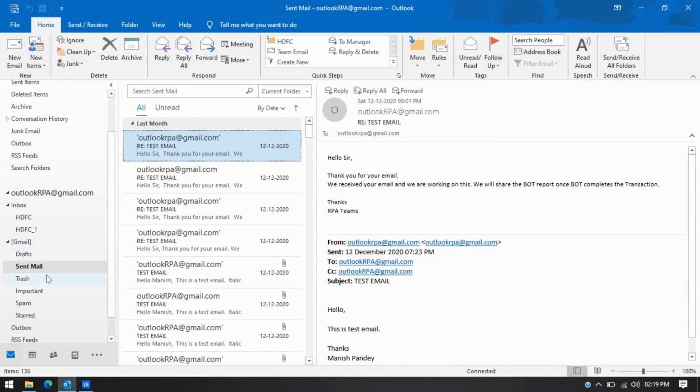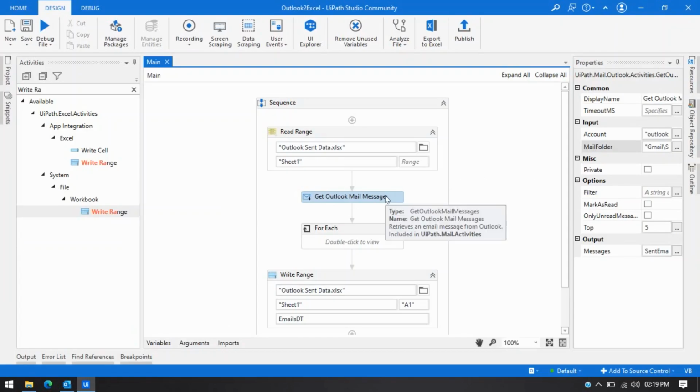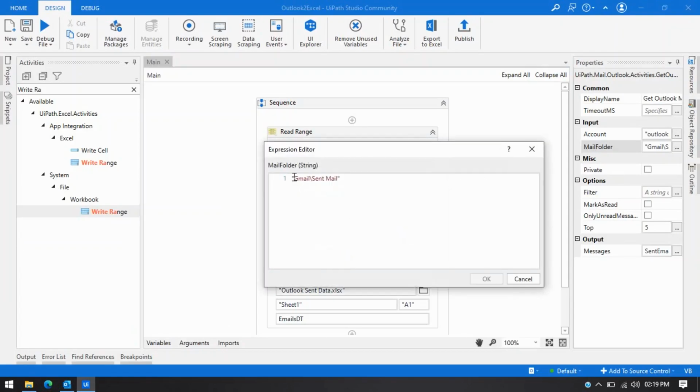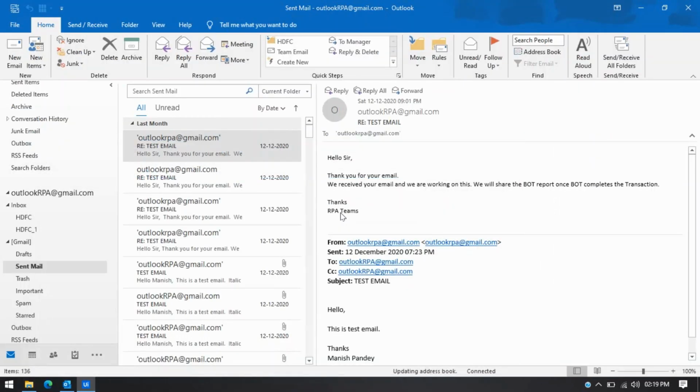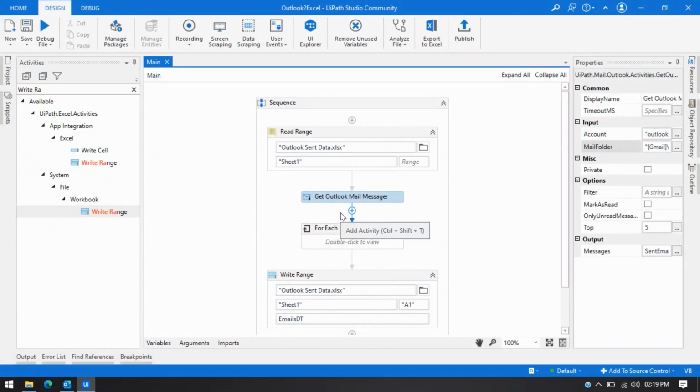But what we are missing here is just one thing. You can see in this Gmail it is showing the brackets, right? And this is a string, so I have to use that bracket here, right? And you can see I'm going to run this file, and now the robot will be able to fetch data from that email.